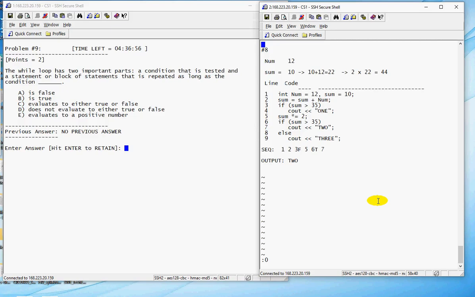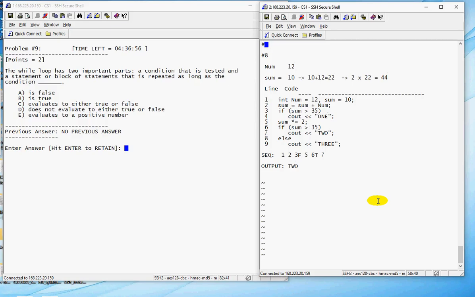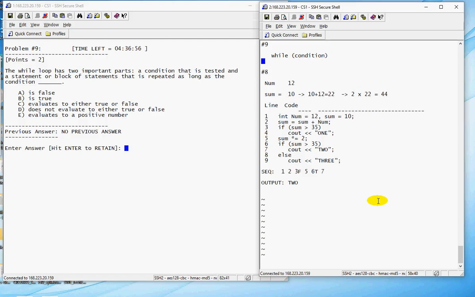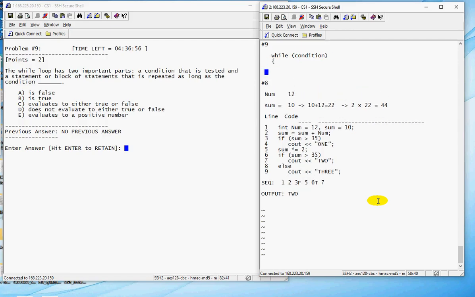Number 9. A while loop has two important parts, a condition and a body. What are we saying? We're saying a while loop really looks like while condition, a block. We call this thing a body. The condition is like a gatekeeper. In order to get to the body, this must be true. Once I'm in the body, I execute the body, then I